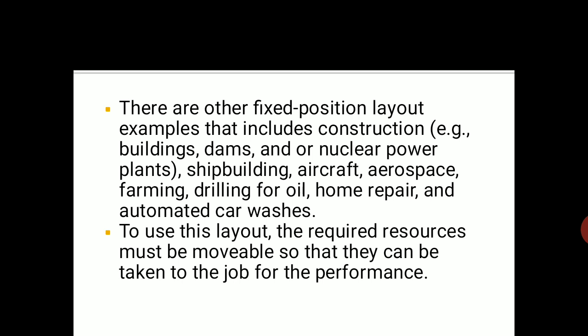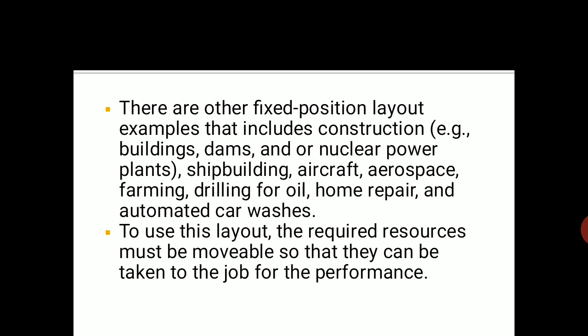They are such examples which tell us that the speciality of the static layout is being maintained. That means the product does not move. In fact, all the equipment, all the machinery and resources keep moving around the product. To use this layout, the required resources must be movable so that they can be taken to the job for